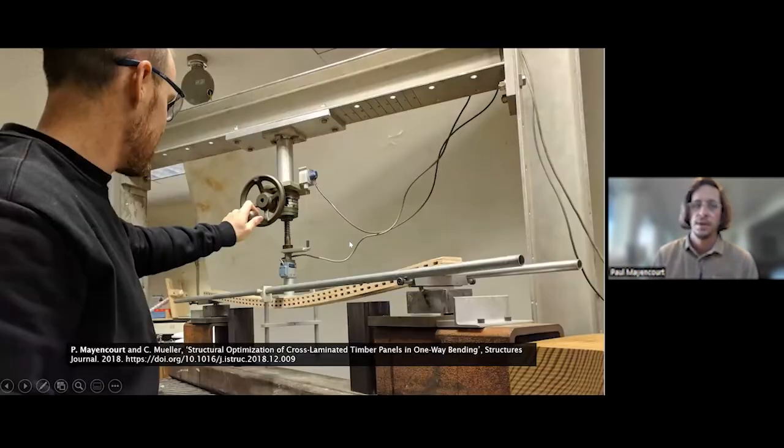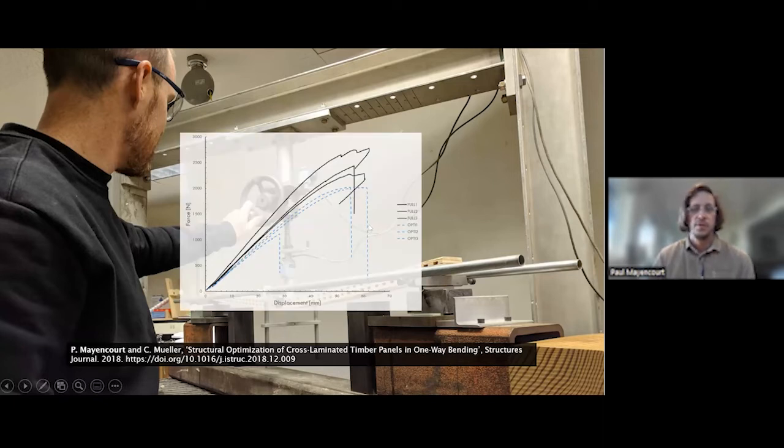And we performed some structural load testing, as you can see here, an example of a panel that has one of every other element removed. We did some bending tests and compared them to full panels. And what you can see from the results is that the black lines would be standard CLT panels that have the full cross layers, and the blue lines would be the optimized version of the panel. That means without some of the cross layer.